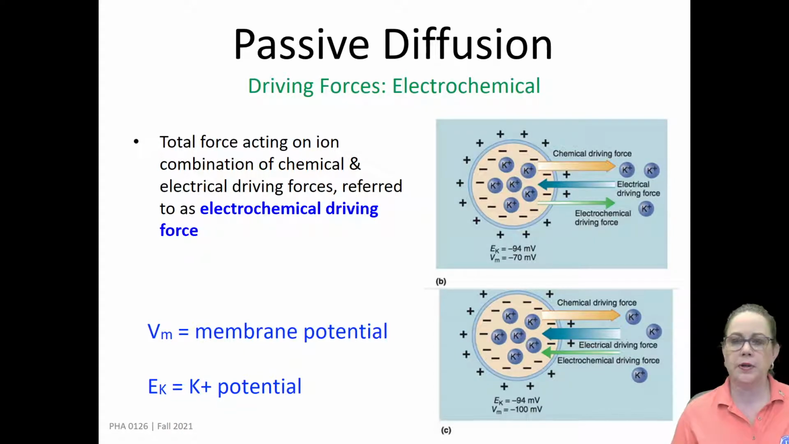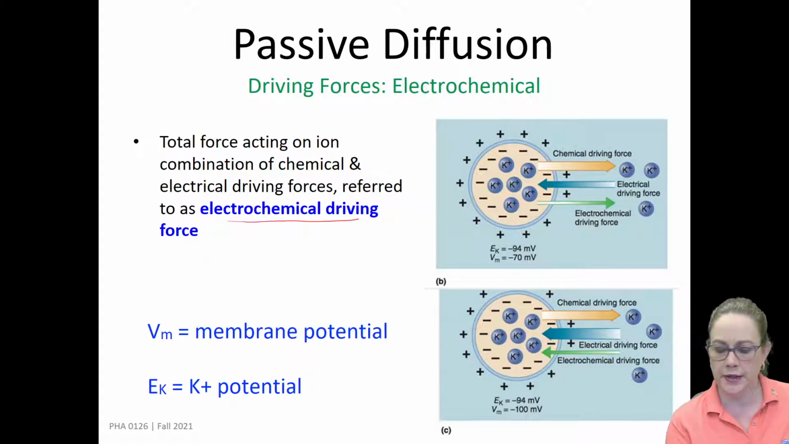For any molecule that actually does have an electrical charge associated with it, the net driving force or net movement will include both of those driving forces. Our total force will be what's known as the electrochemical driving force. That takes into account both the contributions from the chemical driving force, which is the concentration gradient, and the electrical driving force, which is the charge difference. So looking at these two examples we have here,